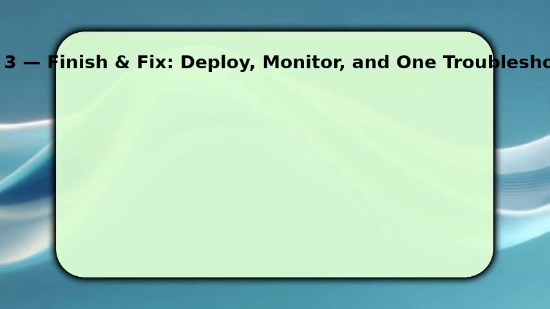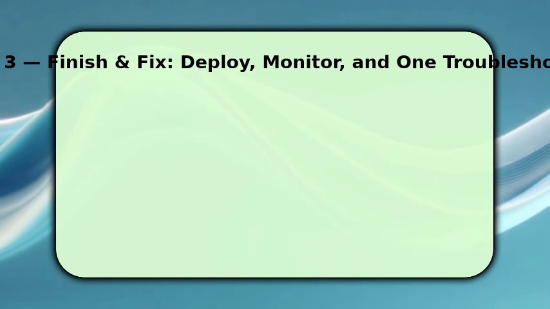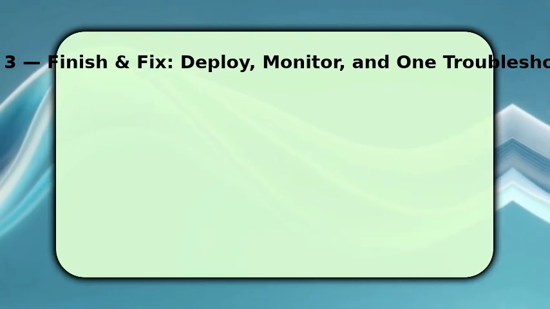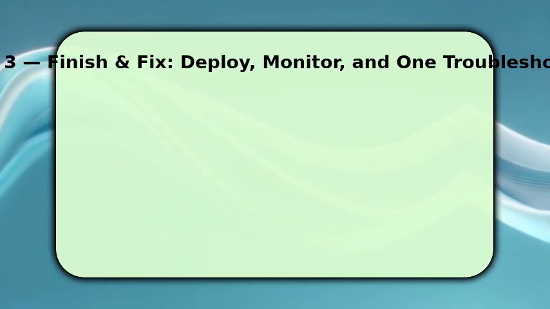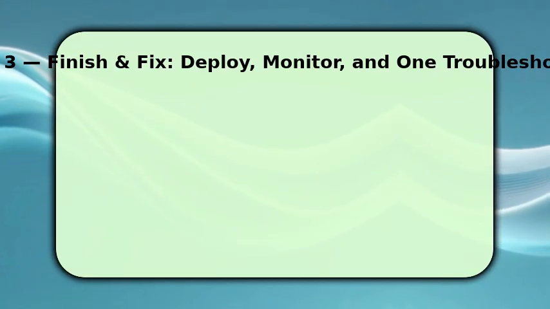Finish with system-level fixes. Update your operating system and all apps because updates frequently patch power leaks. Calibrate the battery by charging fully, then discharging to near empty, and charging uninterrupted to 100% once. This corrects reporting errors. If problems persist, reset settings or boot into safe mode to see if a third-party app